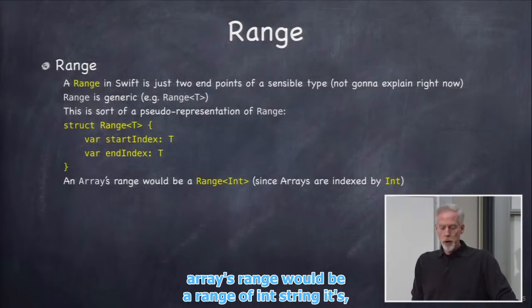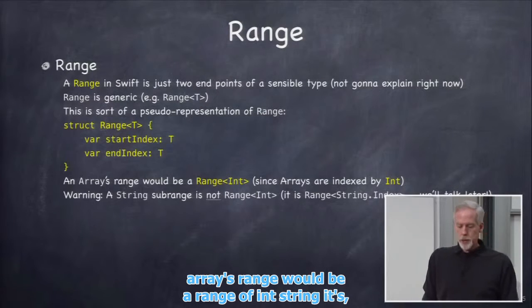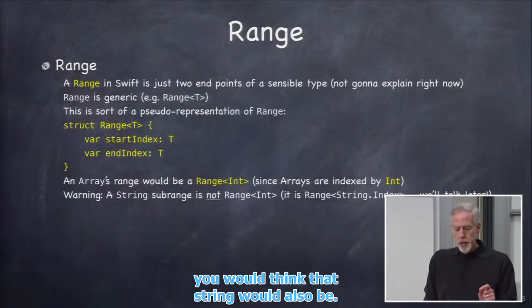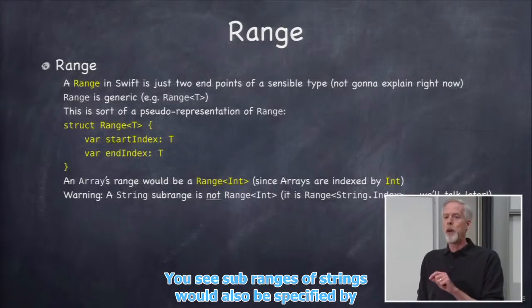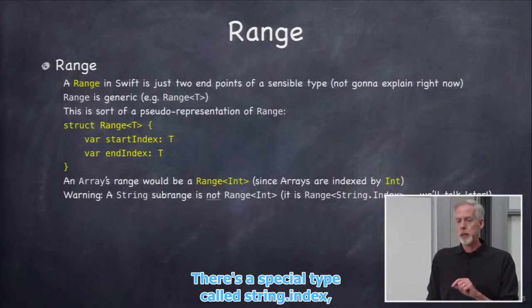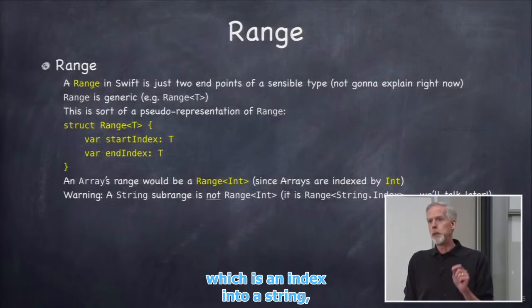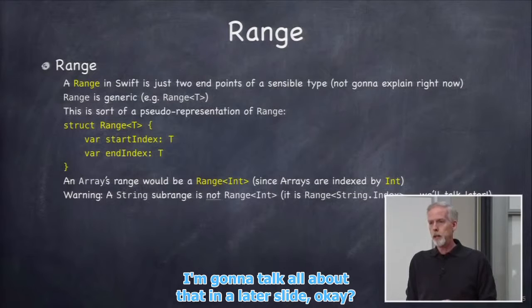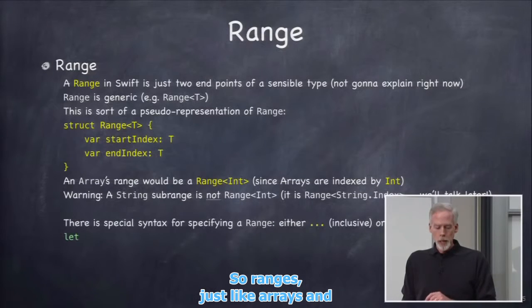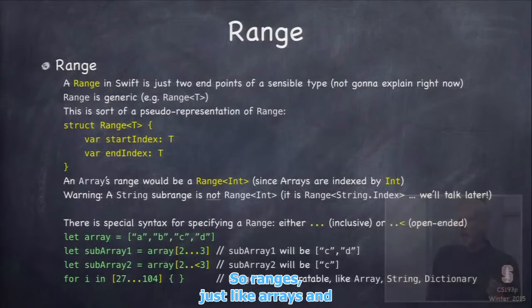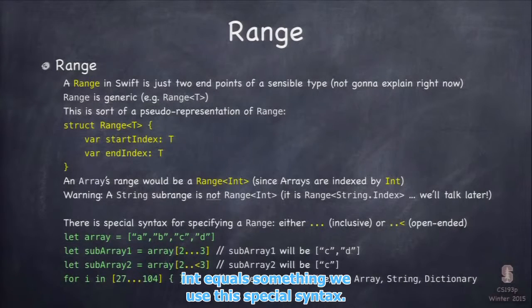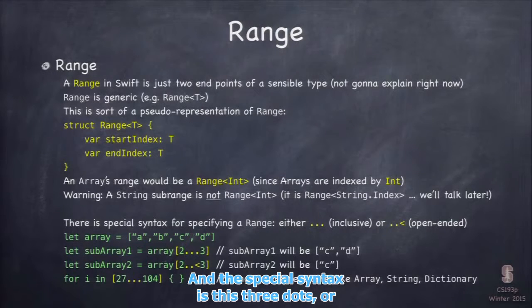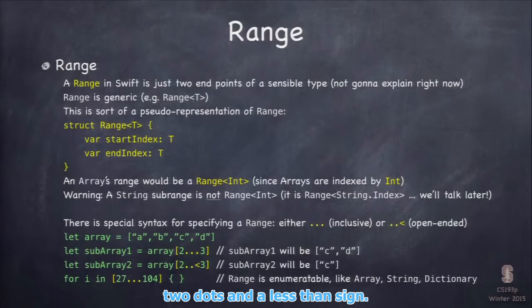So an array's range would be Range of Int. For String, you would think that subranges of strings would also be specified by an Int, but they're not. There's a special type called String.Index, which is an index into a string. I'm going to talk all about that in a later slide. Okay? So ranges, just like arrays and dictionaries, we don't usually say Range angle bracket Int equals something. We use a special syntax,